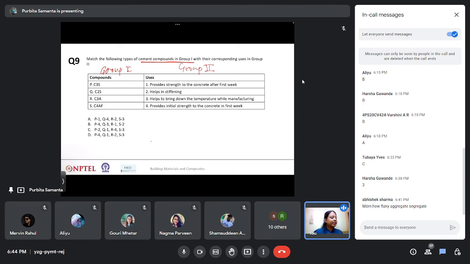Yeah, with their corresponding uses in group two. Okay, I got one answer, Harsha saying P1. Okay, let me see, I'll just mark it. If anyone has got any other answer,